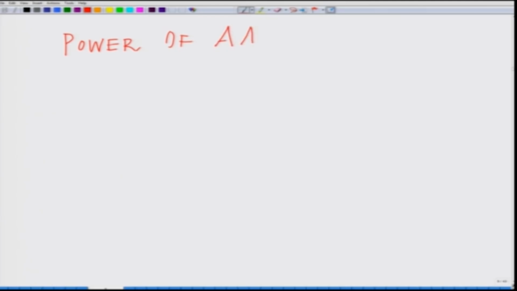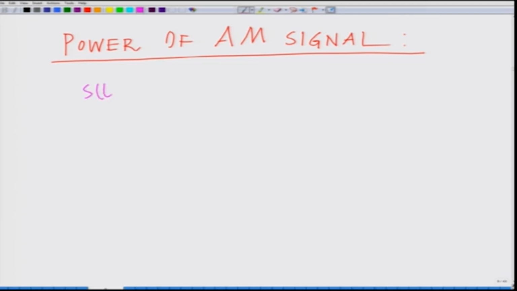Power of amplitude modulated, that is the AM signal, and we know that a typical AM signal is given as s(t) or x(t). Let us use the notation x(t). x(t) equals A_c (1 + k_a m(t))